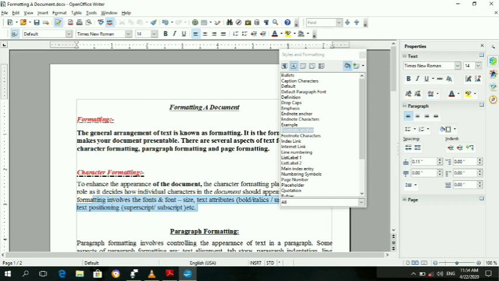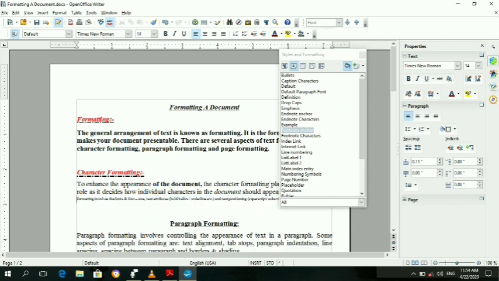I want to apply this style to these two lines. See here. Once I release the mouse, it will take effect, changing the style. Or you can disable the Fill Format option by clicking on Fill Format mode again, or simply press the Escape key. Is it clear?